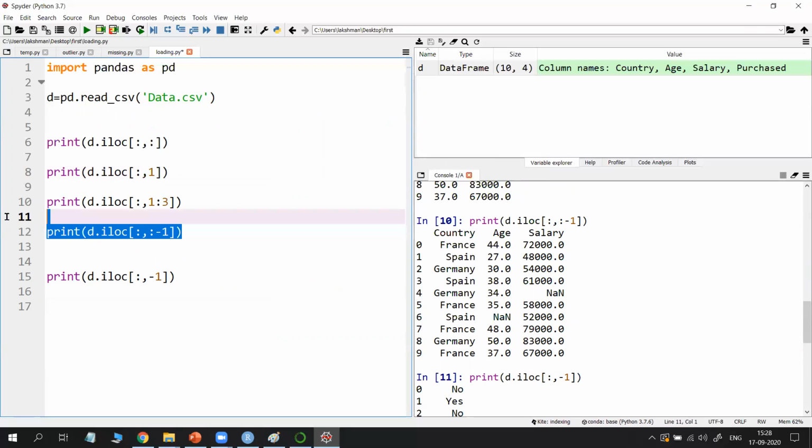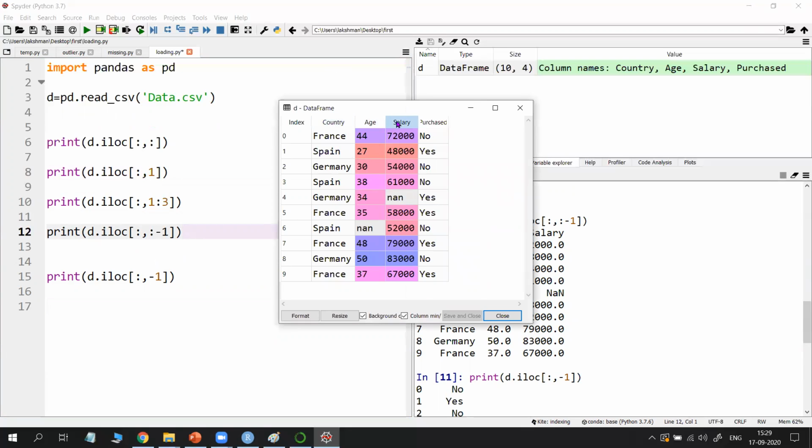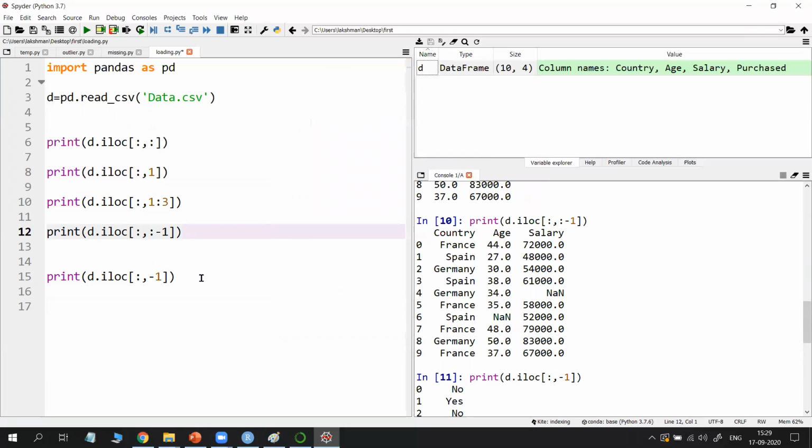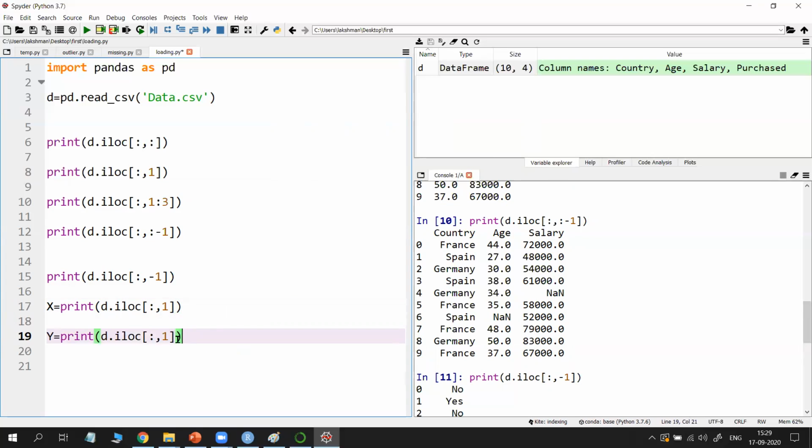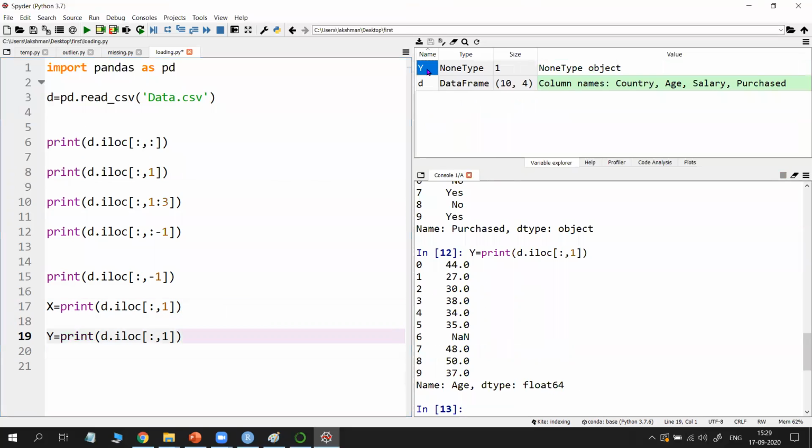Actually, we use this syntax, except last one, because, as I told you, the first 3 are independent variables, for example, and the last one is the dependent variable. So consider the first 3 in one variable and the last in another. For example, x and y. So I want to take my dependent variable into y. Just run it with F9.